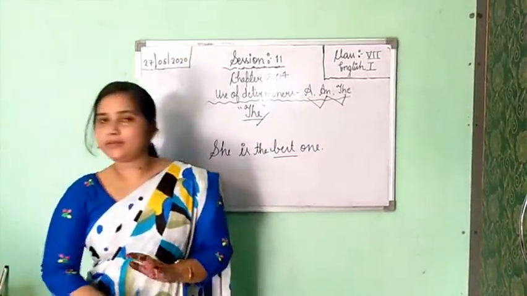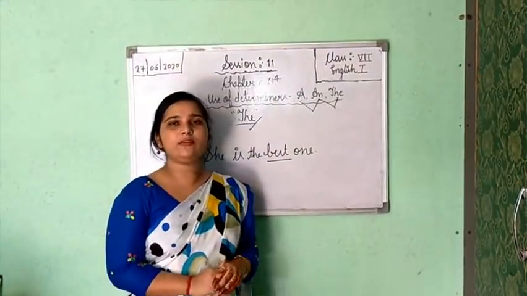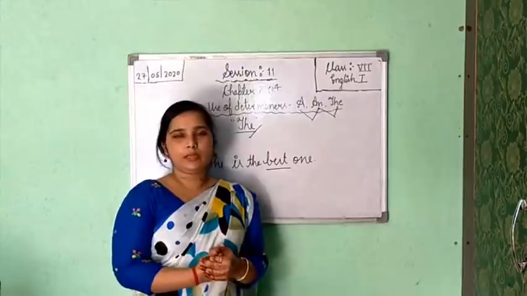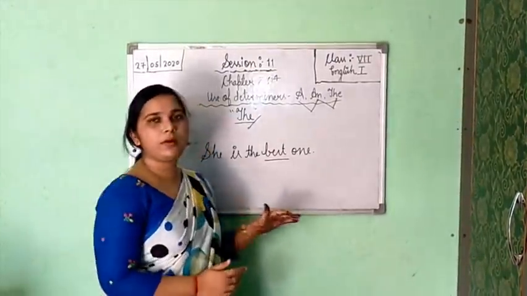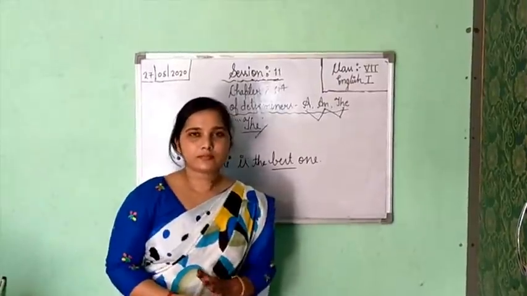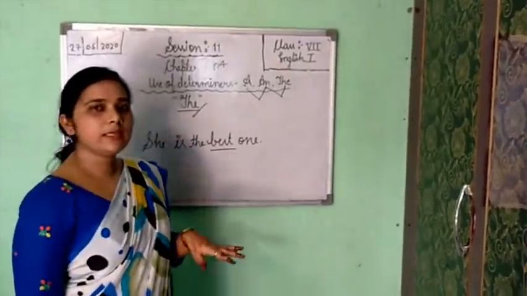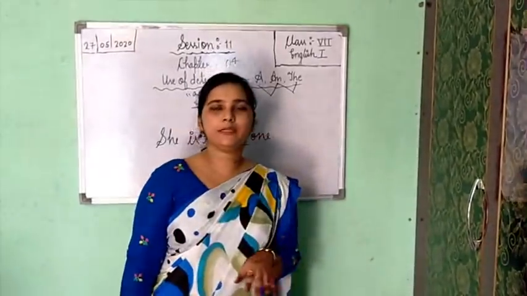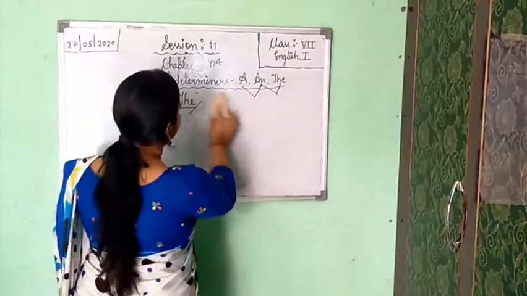Now always remember, just rewind this video one or two times to see where you will use "the", where you will use "a" and "an", and what a determiner is. So these are the points, please see. Now after this I will teach you about the omission of "the", meaning where you will not use the article or determiner "the".